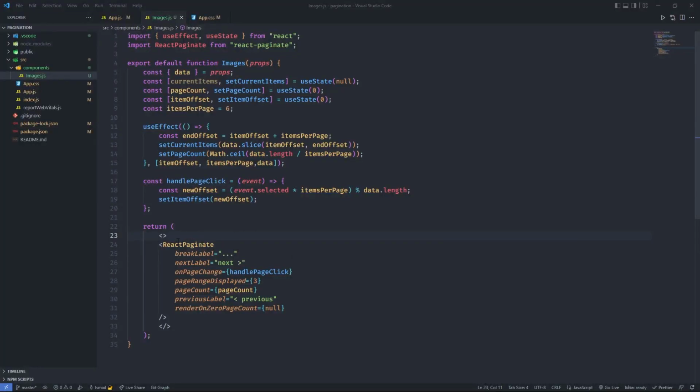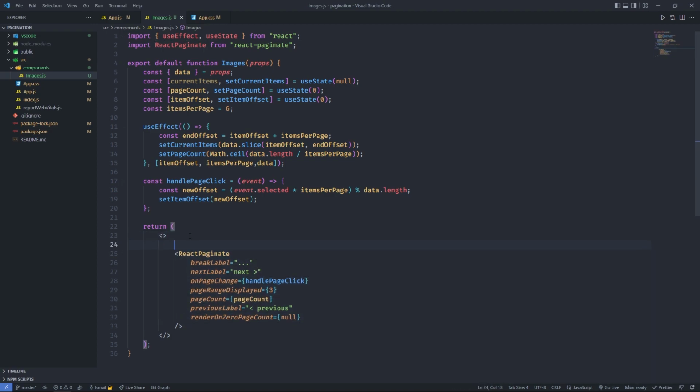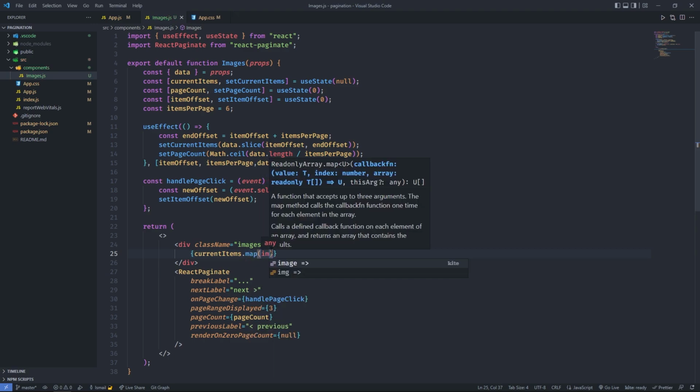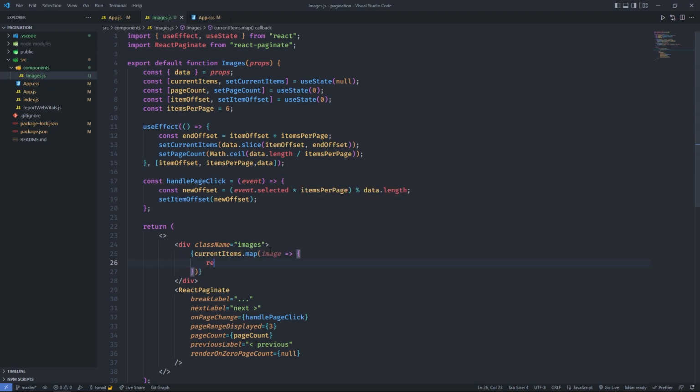So as you can see right now, we are showing the pagination, which this component does, but we are not showing the images. To show the images, we can create a div tag here, and we can give it a class name and name it images. Then inside it, we can loop through the current items, and the current items will be the images in the current page. And then we can use the map to loop through them. So for each image, we want to return